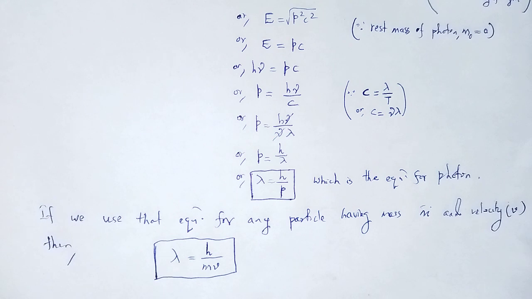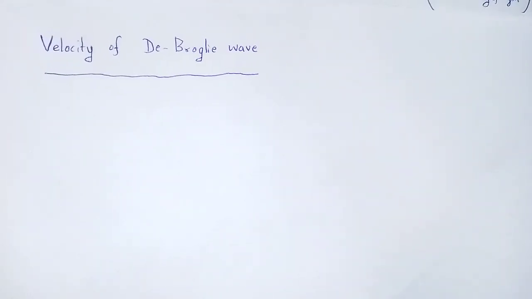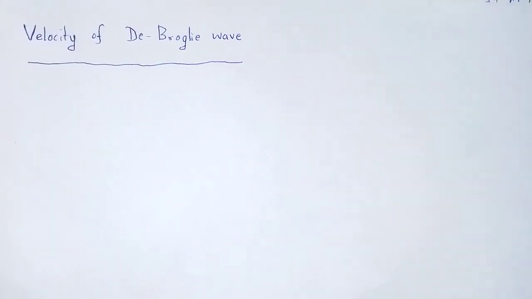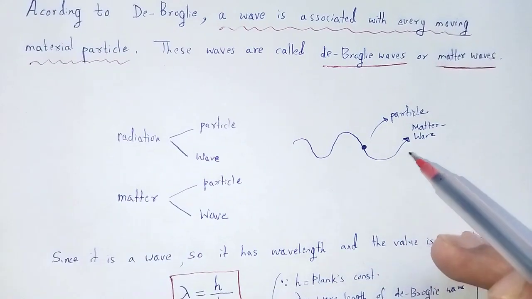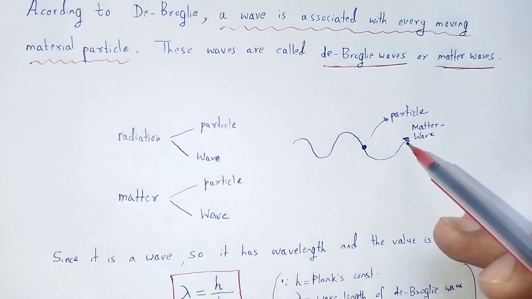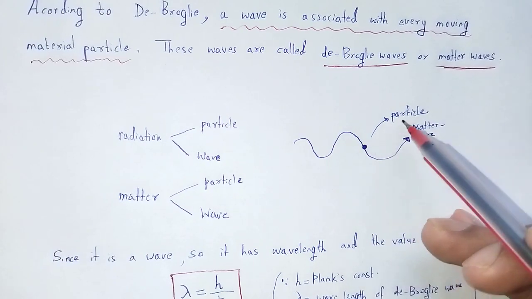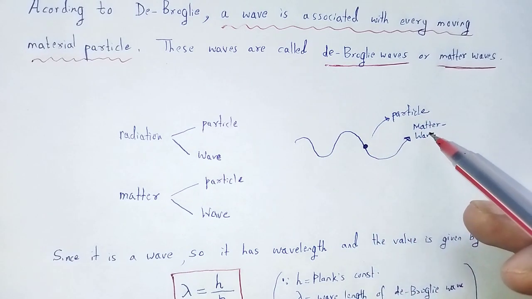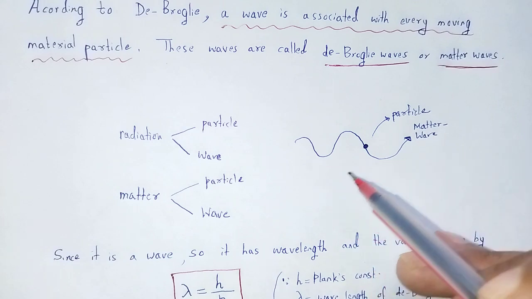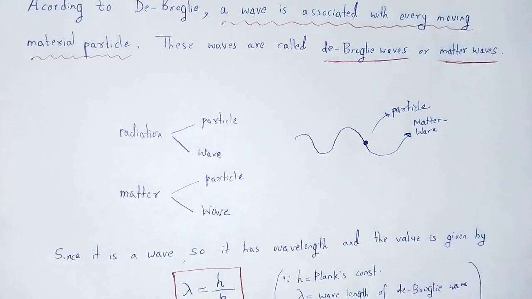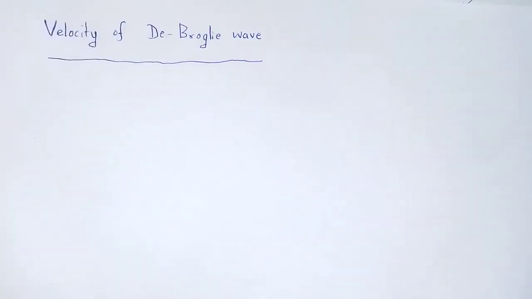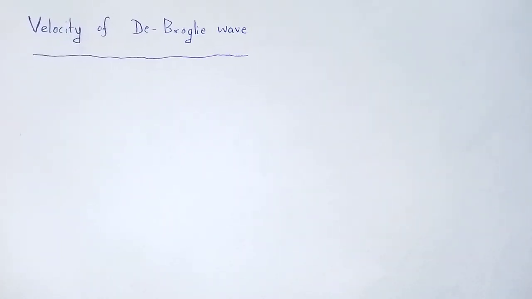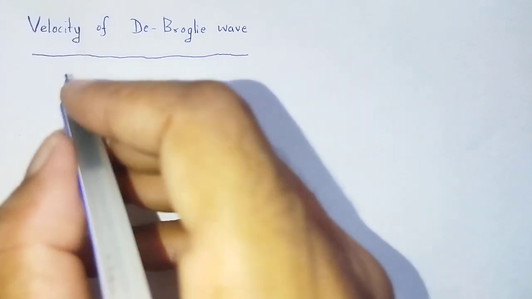Next, the velocity of such a de-Broglie wave. This is the moving particle, and the wave associated with that moving particle is a matter wave. Let us consider a particle having mass m that moves with a velocity v, and the velocity of the matter wave is v of p. Then how does it relate to this? Velocity of de-Broglie wave. According to de-Broglie,